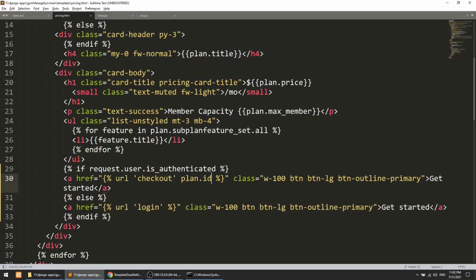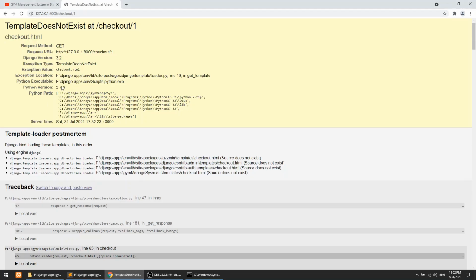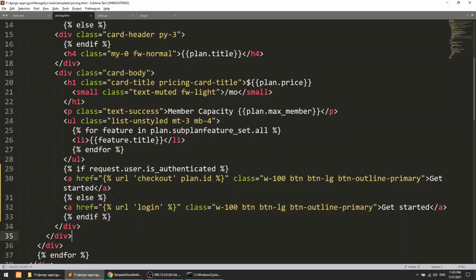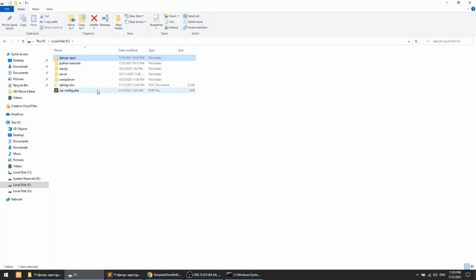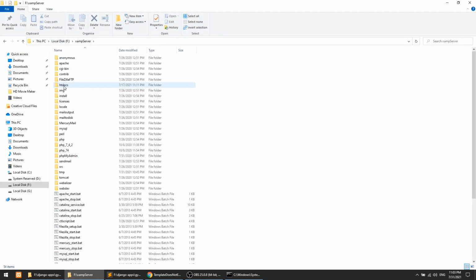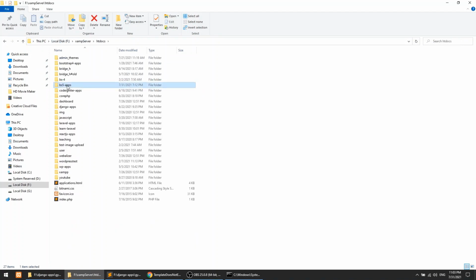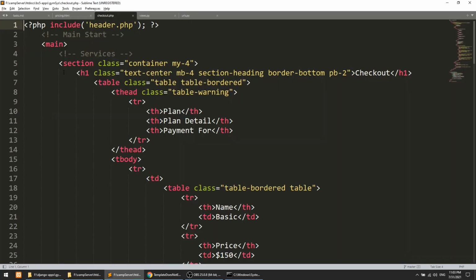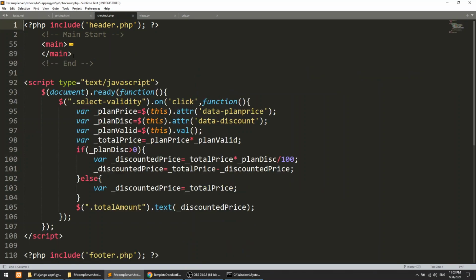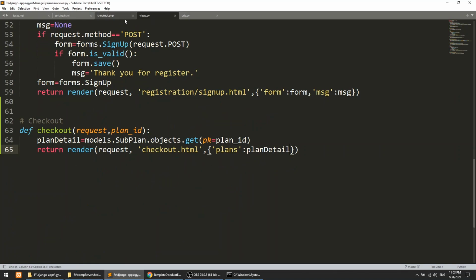So let's define this checkout page. Okay, so I'm going to create this checkout page. For creating this page, I have created this template already in my template section. So I will go to the XAMPP server, htdocs, bs5 apps, gym system, and here we have a checkout.php file, and I will just copy this main.